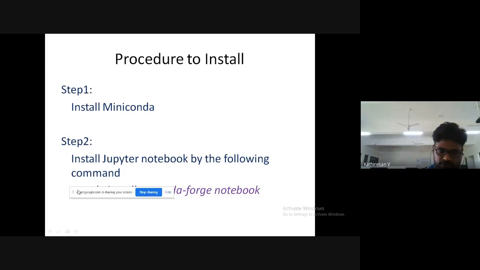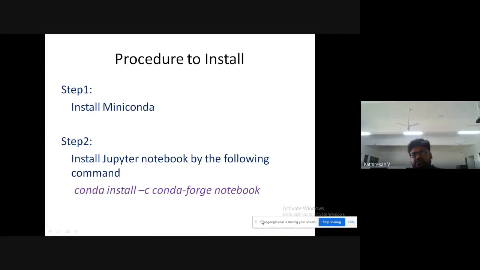You should execute this. Are you executing successfully?